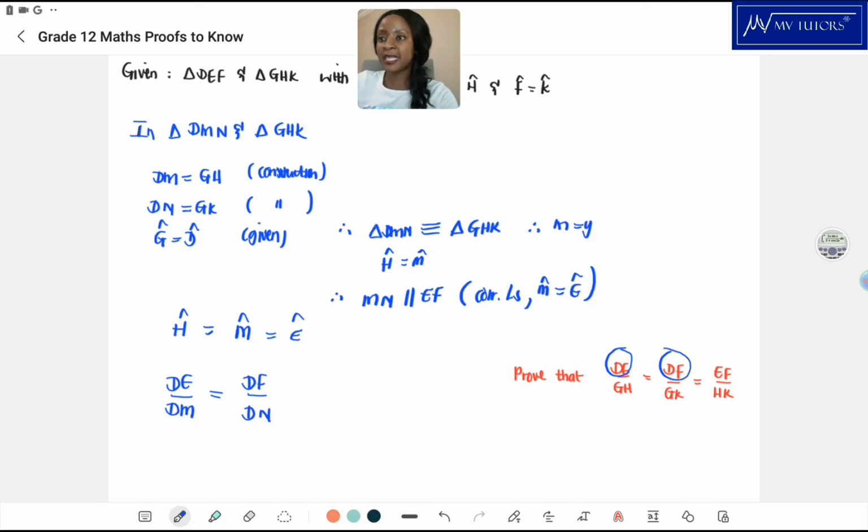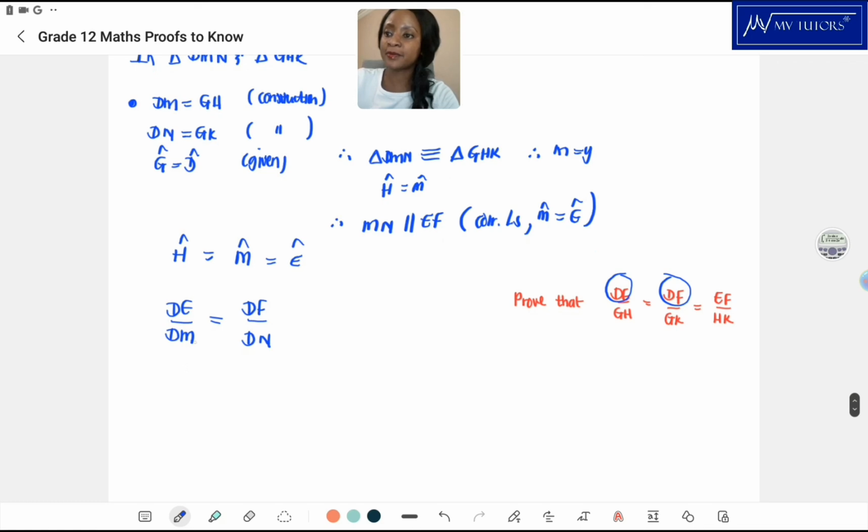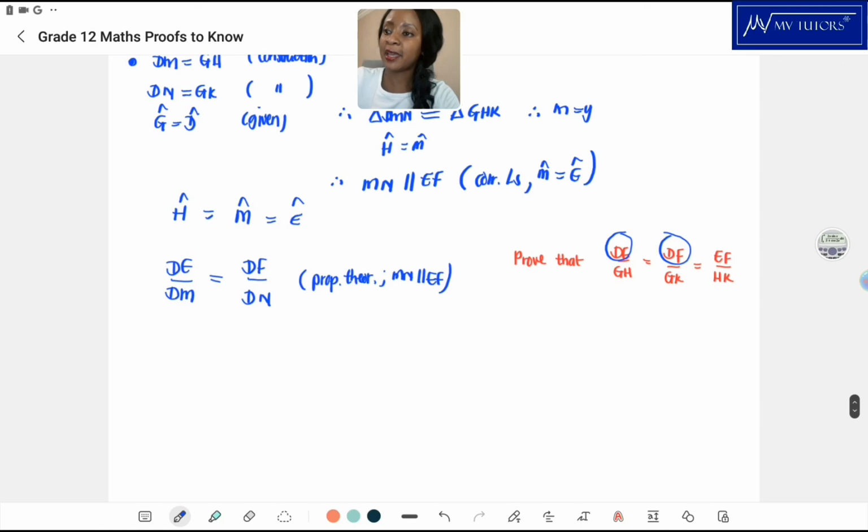Now, didn't we say that DM is actually equal to GH? Yes, we did over here. So we can rewrite it. Oh, first of all, we need to give a reason there. So proportionality theorem, where we have that MN is parallel to EF. Now we have DE, and in place of DM we can put GH, and then we have DF, and in the place of DN we can put GK. So we have found